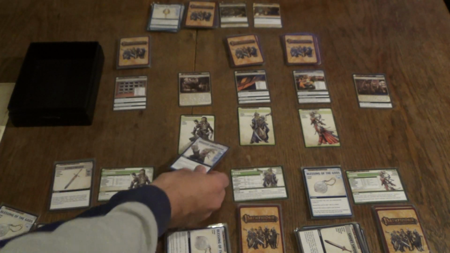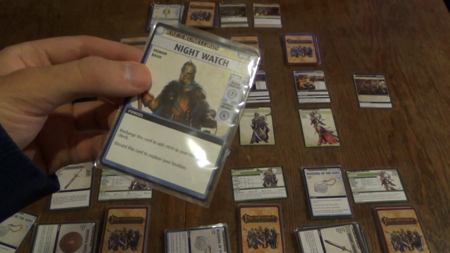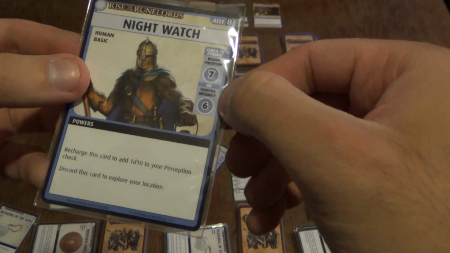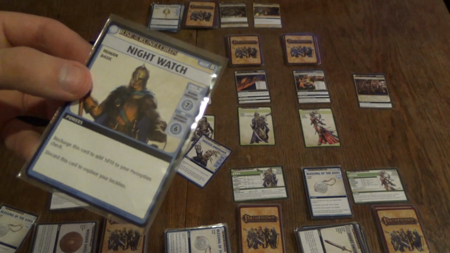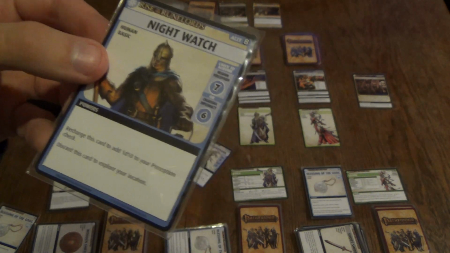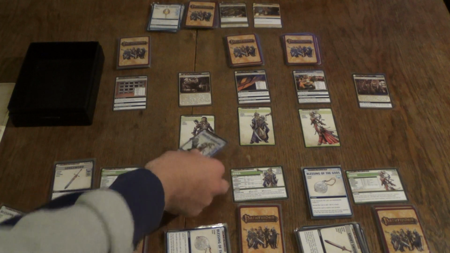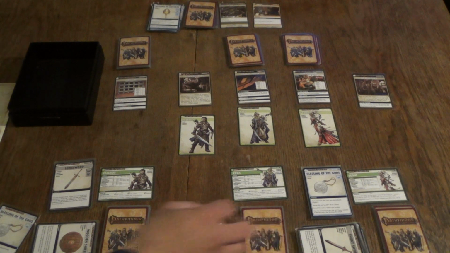So let's do that. First reveal. See, that is a Night Watch. Alright. The check to acquire is Wisdom or Perception 7 or Charisma Diplomacy 6. The good thing about this is that I can discard to explore, but I think I'll wait. With this. So I will just recharge this elf here instead of discarding it,